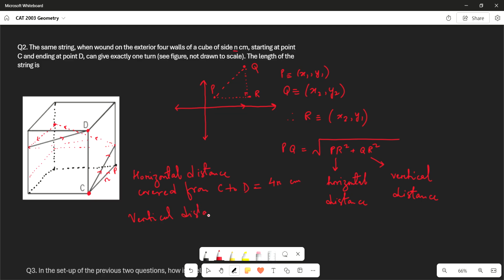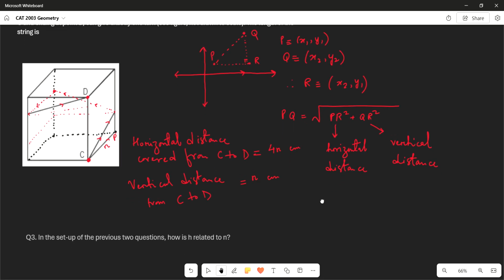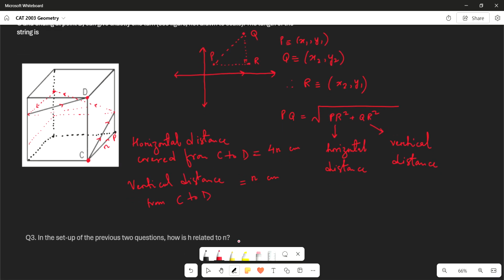Vertical distance from C to D is very clear from the figure. From C to D, what is the vertical distance? Directly C to D, right? You were at point C initially, your final position at D. So what is the vertical distance? It is n centimeters, right? That means I can say,